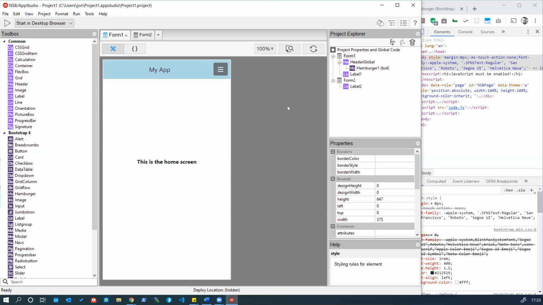So to recap of where we're at so far with our starter app in AppStudio, we have two forms, Form 1 and Form 2. And within Form 1, we've built out a header control, and within that, we have a hamburger menu, which behaves as a drop-down when we view it in our browser to test it out. The problem that we want to solve now is to get this header and hamburger menu appearing on every form